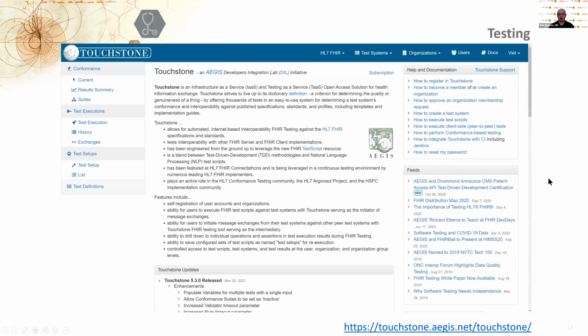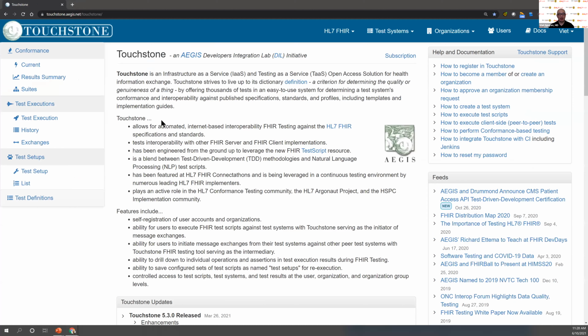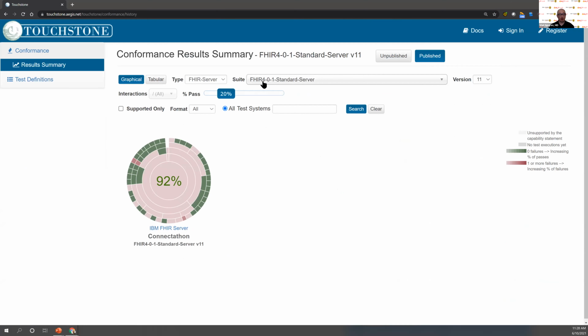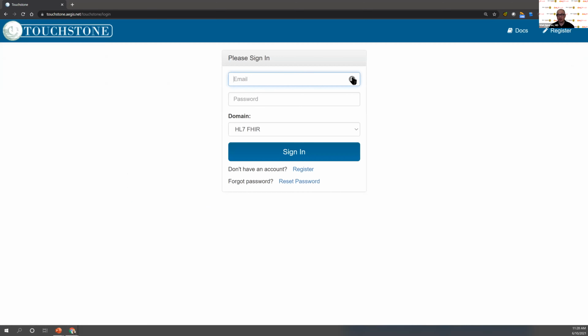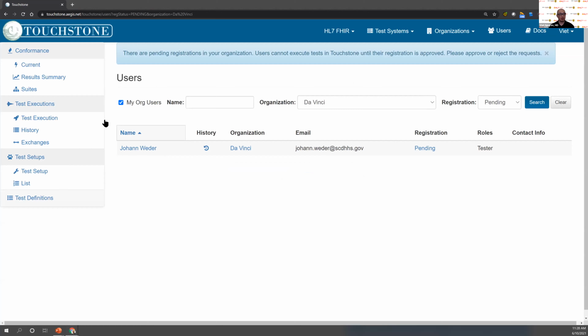Next up are our testing tools. So we work with Aegis and the Touchstone platform, and we have a number of test scripts that they have developed for us. And I didn't set this up quite right. And you can find these test scripts, and they're readily available because they're public test scripts. And my login cut off. And so you can download these test scripts and run them in your own